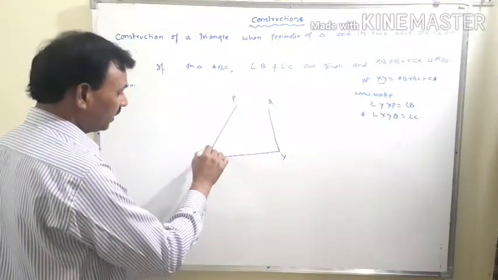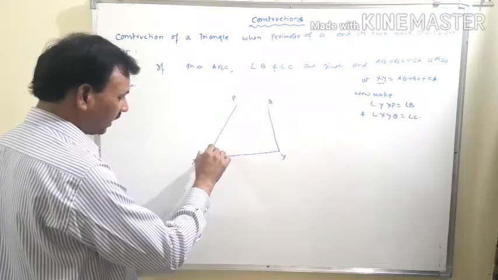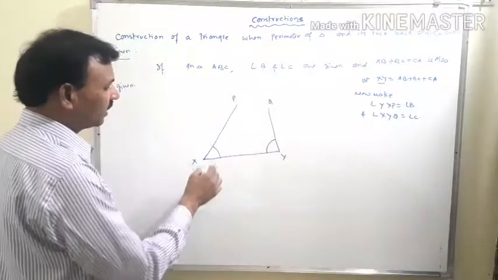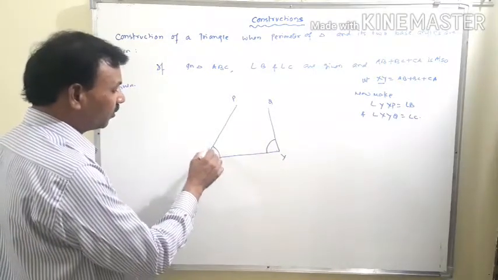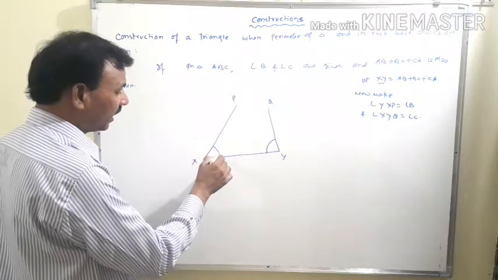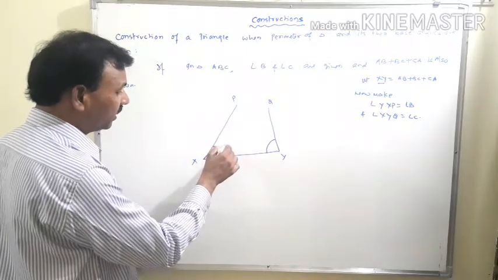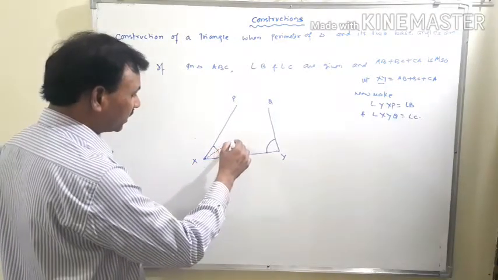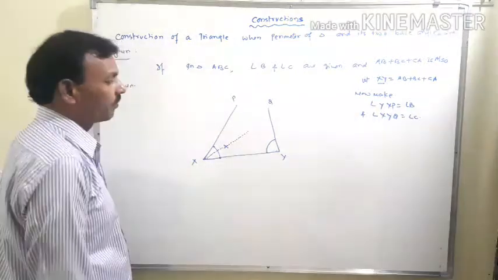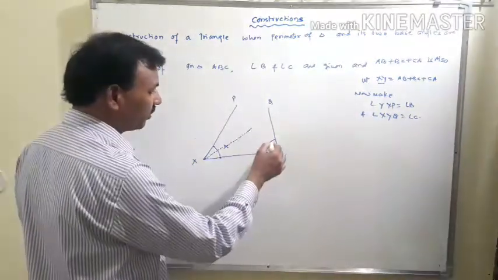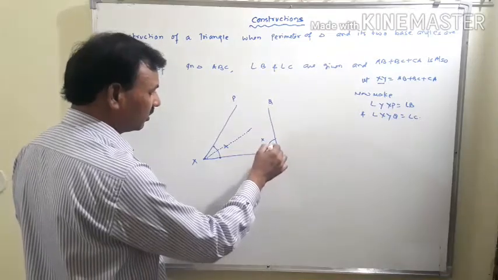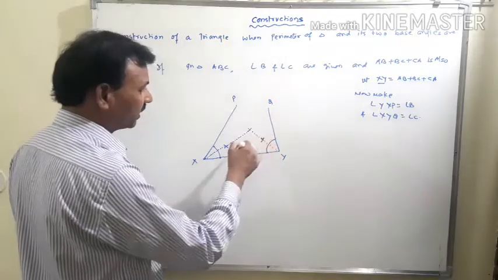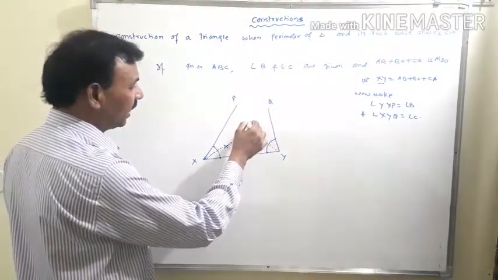So we draw an arc from X and Y, take more than half of this length of arc, and cut two arcs from this point and this point like this. Join X to this intersection point and draw the edge, and similarly from Y join to A like this. Both angle bisectors intersect each other at A.